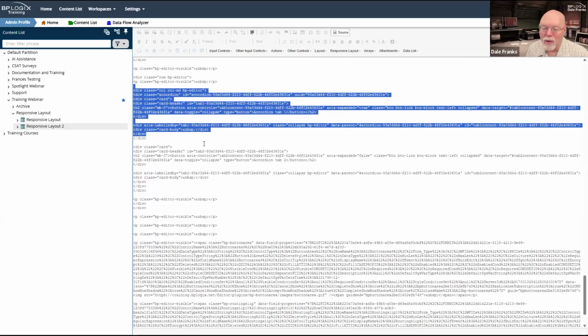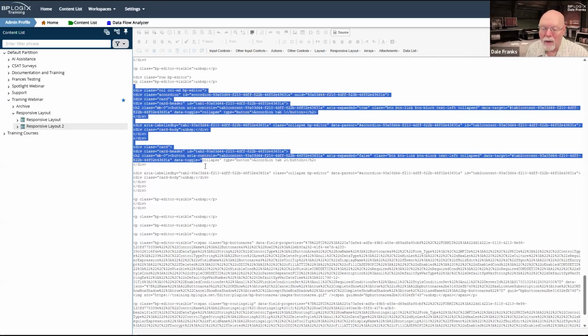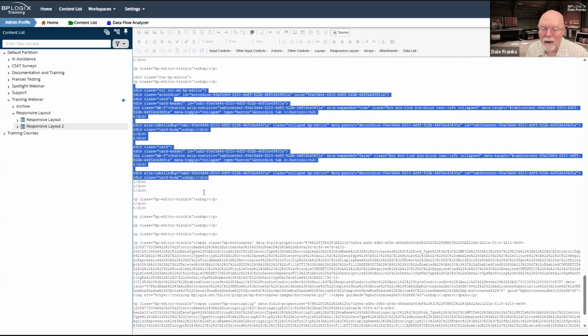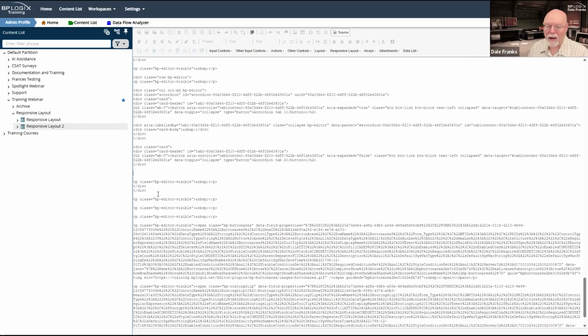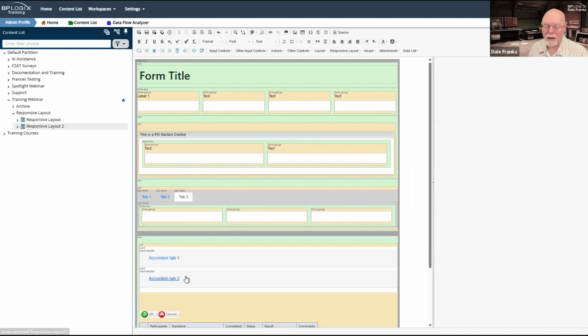Let me be sure that I'm only grabbing one. Div class card body, class collapse. I think that's what I want right there. So I want those two, and I want to delete those. And then I go back to my source.